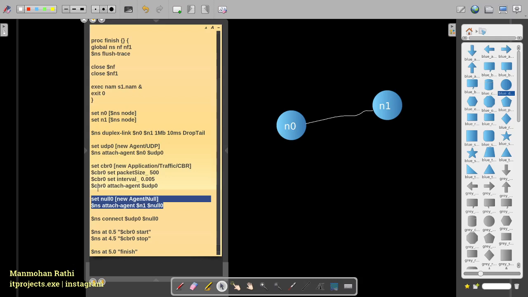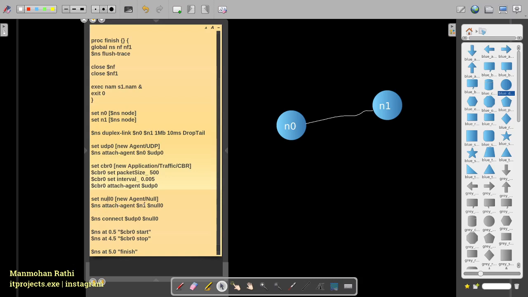So when we set this null agent here, it makes sure that when a certain node receives the data, it will set it free and keep receiving data for the simulation. So we need a null agent here so that the data on the other end will be captured and freed again.